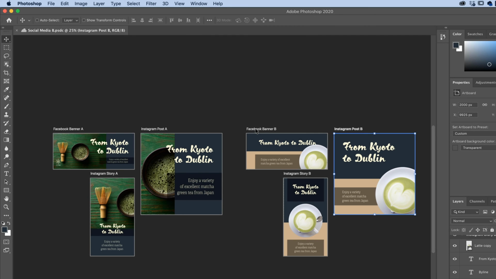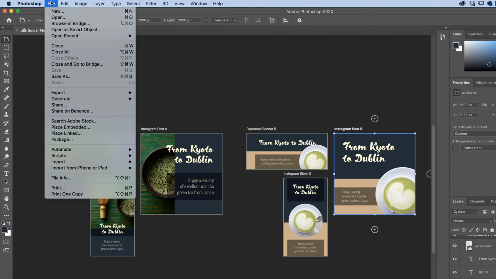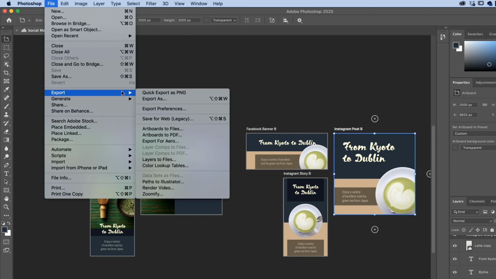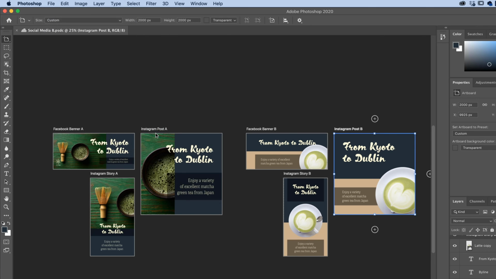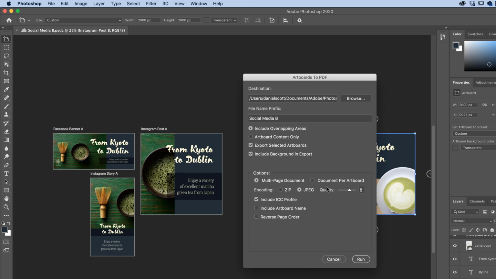Exporting all your artboards as a PDF is a super handy thing to do once you've got them all. Maybe it's client sign off or I don't know. There's got to be a reason. File, we're going to go to Export and there's an easy one here, Artboards to PDF. There's not much to explain in here other than